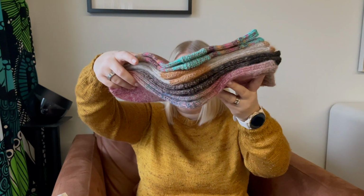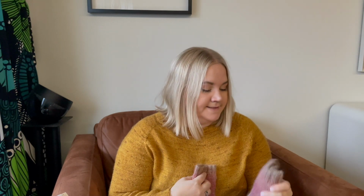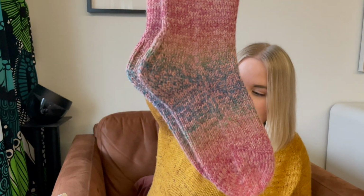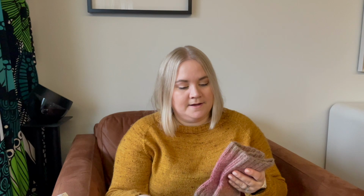And then, tan tan tan, I have made a pile of DK weight socks. One pair of these you have already seen at the start of it, and it was part of my 7 days 7 cast-ons challenge that I did. I did these DK weight socks holding 2 strands of fingering weight together. I was holding this Drops Nord, and that's a little bit thicker fingering weight yarn, and then I had this color changing yarn